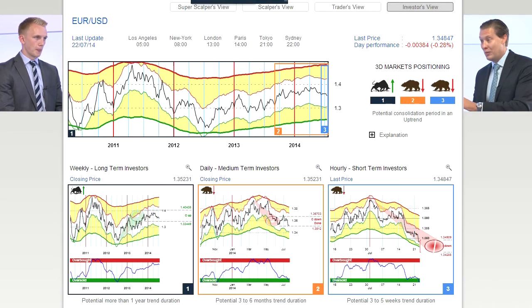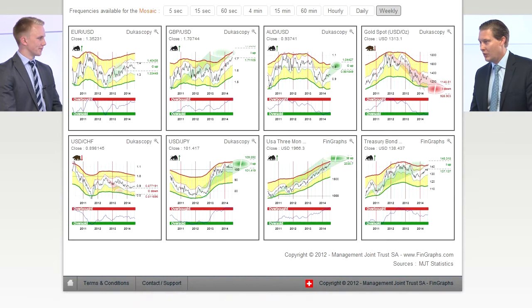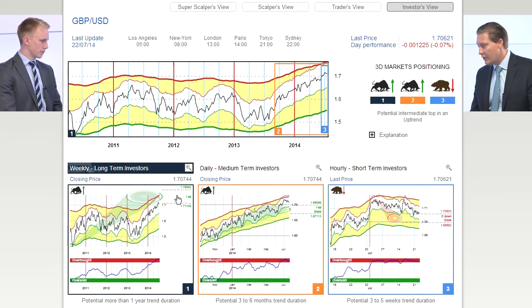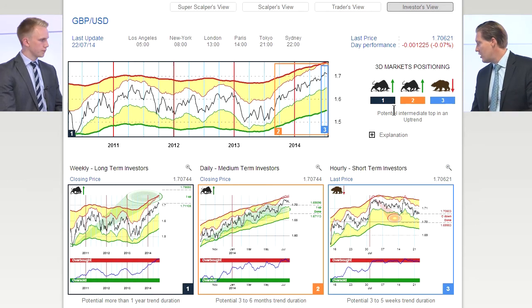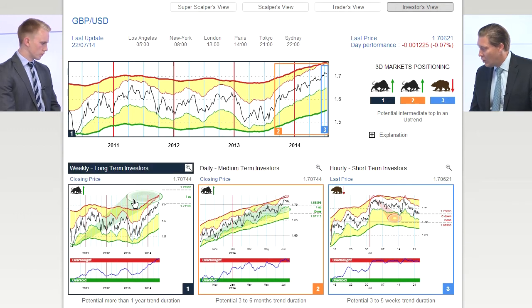Now, we spent quite a bit of time on the euro, so I'll try to move quicker on the other ones. So very rapidly on cable, also an investor's view, weekly, daily, hourly. Both the weekly and the daily are in an uptrend. The hourly is consolidating down. The message says potential intermediate top in an uptrend, which means that although we could see here both the weekly